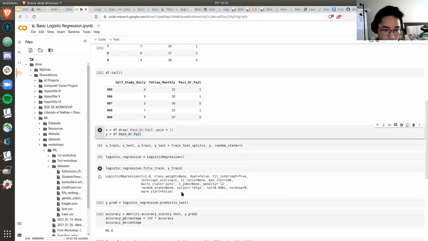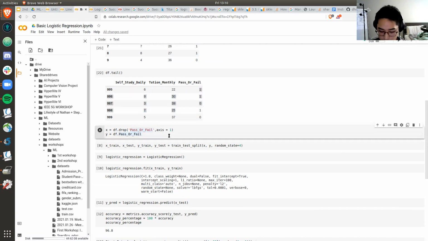Now, there's one important thing that we want. Now we need to pre-process our data, right? We need to split our data into features that we think would be beneficial for us. So in this case, for our X training data set, we don't want the pass or fail. The pass or fail is basically our labels. We need these labels to associate our data with some labels so that our model understands that if I have this set of specific features, then this should be the specific label. So drop it. It'll be pass or fail, and then I set y equal to the pass or fail column.